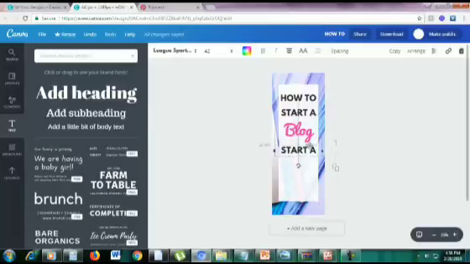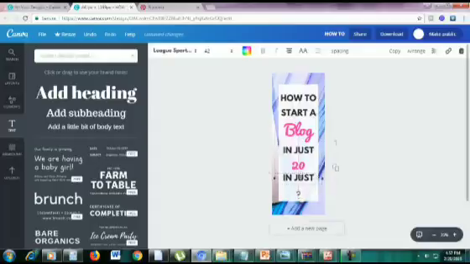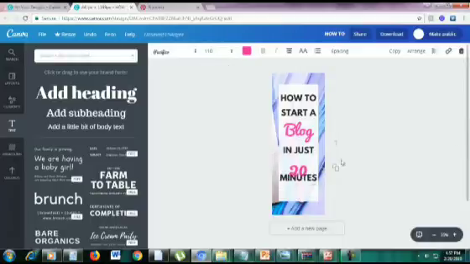And then let's copy this again and let's change it to in just. Then let's copy the blog, and then change it to the number 20. And copy the in just, and then let's make it 20 minutes. All right, so let's make this number 20 bigger. So let's just make that. So how to start a blog in just 20